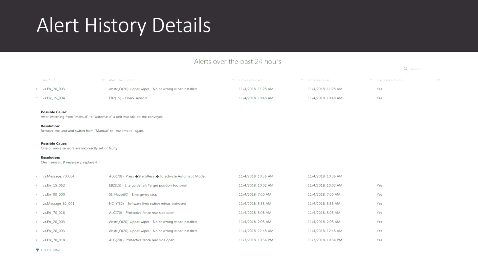We can look at things like previous history, different alarms that have come up. In the example I had here, the manufacturer was able to provide me a list of causes and resolutions. So again, the concept of combining data all into one location: now your workers don't have to run around for a manual, or call the manufacturer to find out what's going on. They can look at the error that occurred and see what has to be done to fix it.